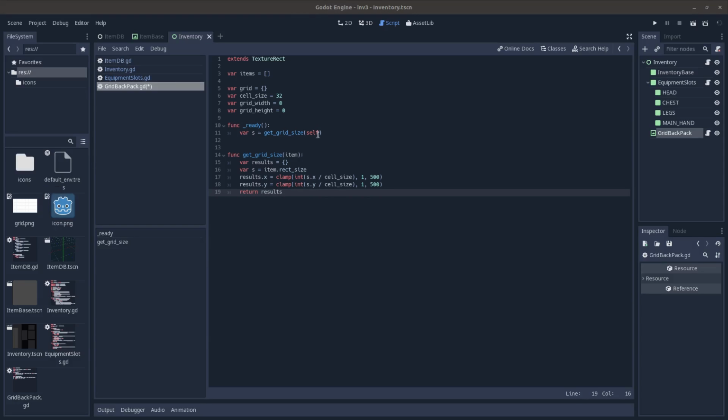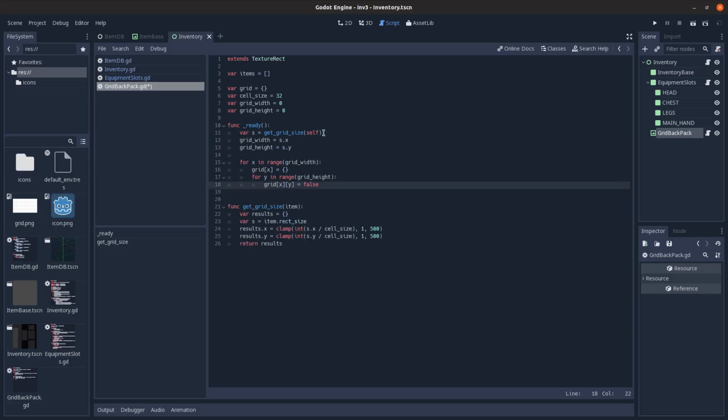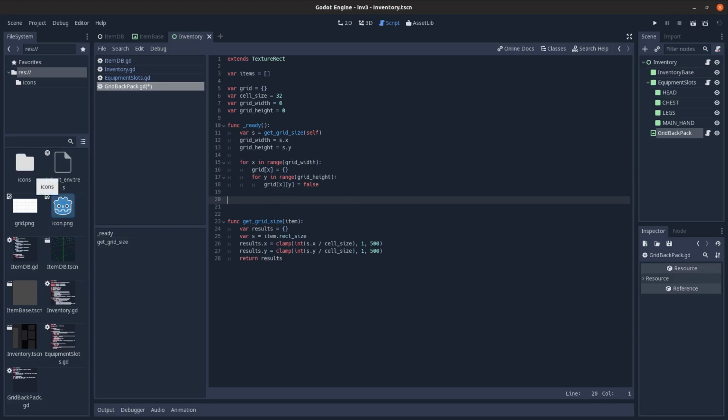here to set the grid width and height, and then I'll also loop through the range there and set each x value index on the grid to be an empty dict, and then xy to be false. So initialize a 2D array of all false values. And now we'll set up the